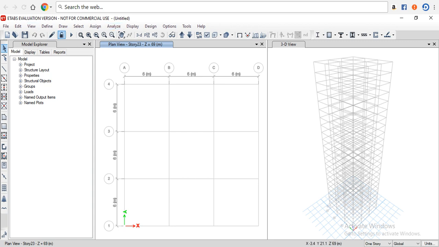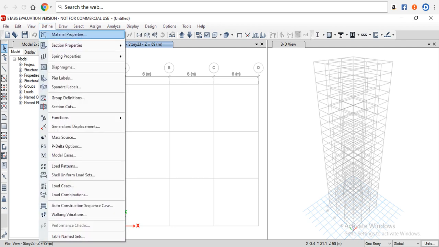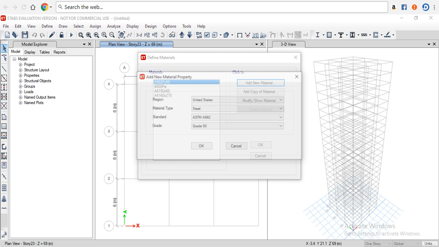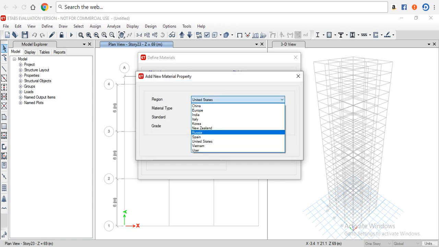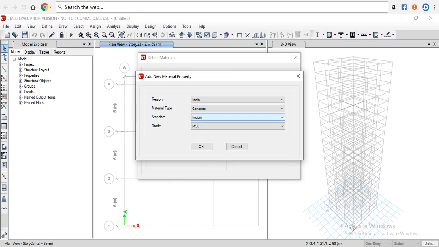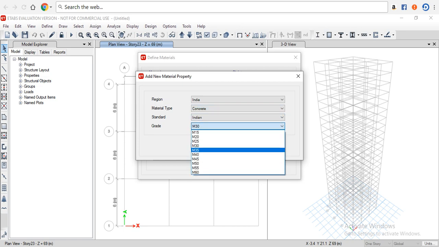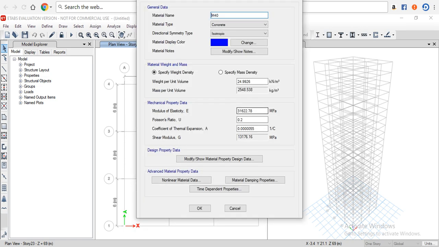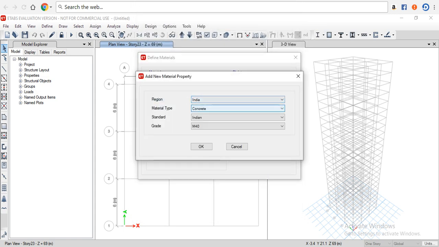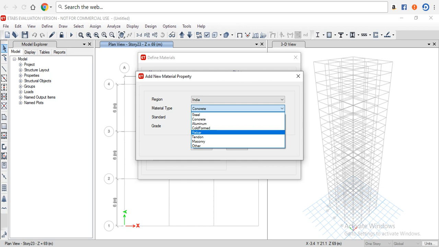Then go to Define, we will define the material properties. Go to Define, Material Properties, Add New Material, select the region as India, select the material type as concrete Indian and the grade is M40. Then click on OK, then click on OK again, add new material, then set material type as